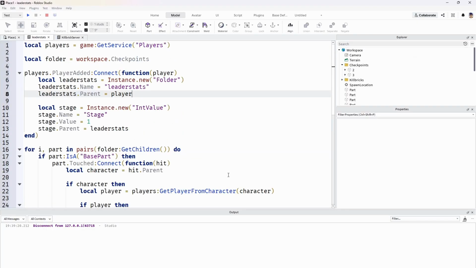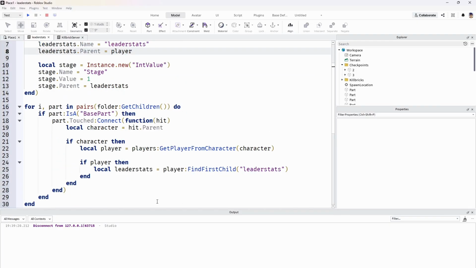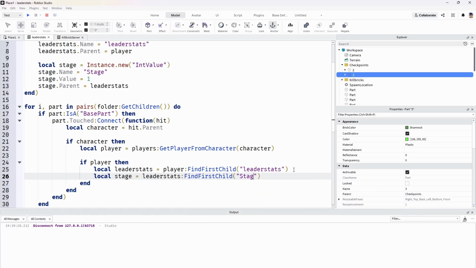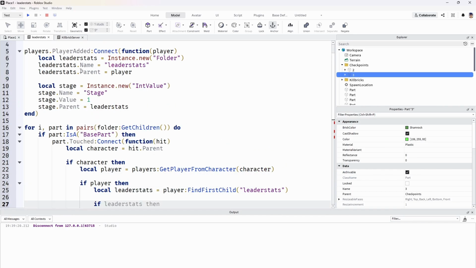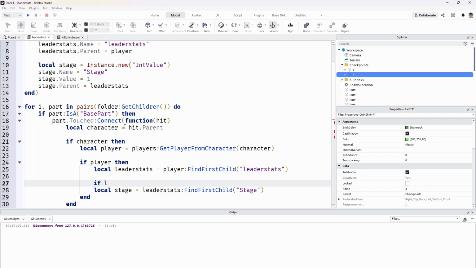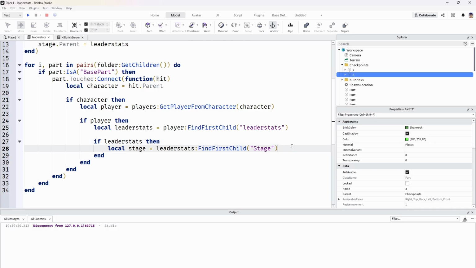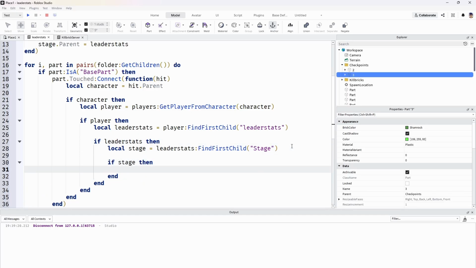Let's make sure to open up the right script here. And now that we have the leader stats right here, since we actually named these 2 and 3, we can just take the local stage we need, which is leader stats find first child stage. Now, unless the player added function hasn't loaded yet or isn't finished, which it should have, it's always great making sure. We're gonna do if leader stats, then we're gonna take this in there, and then we're gonna do an if stage, then